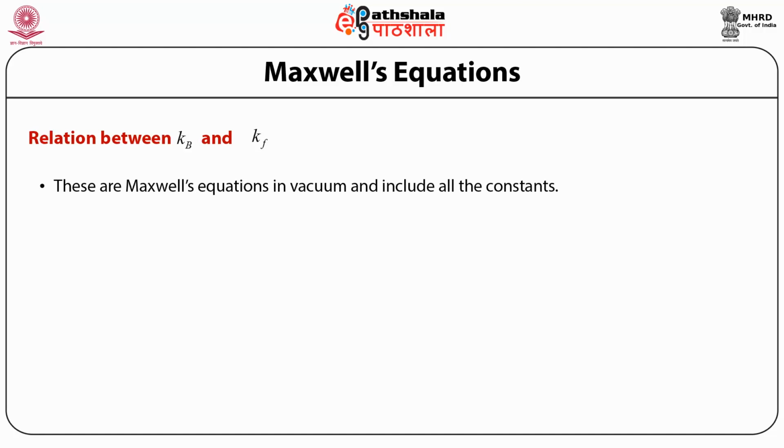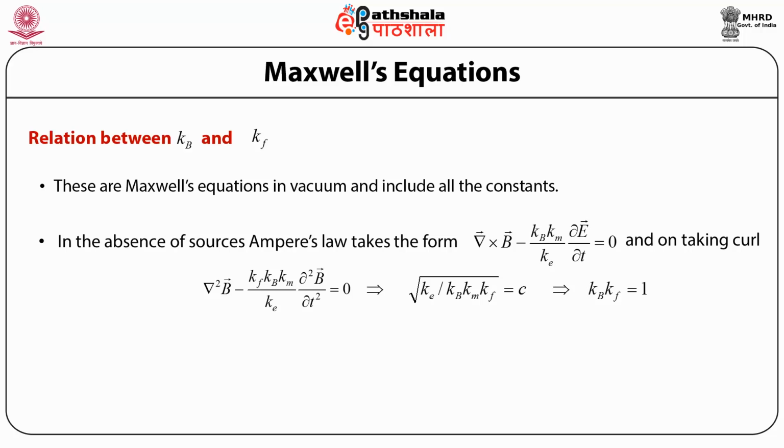Now these were the Maxwell's equations in vacuum and include all the constants. In the absence of source, Ampere's law takes the form del cross B vector minus Kb Km by Ke into del E vector by del t equals 0. So on taking the curl of this equation and using the other Maxwell's equation leads to the wave equation, that